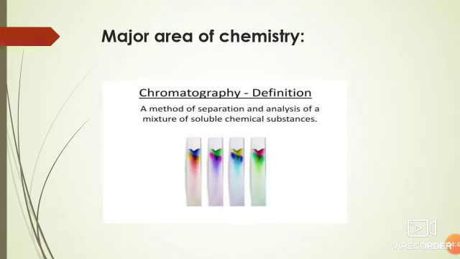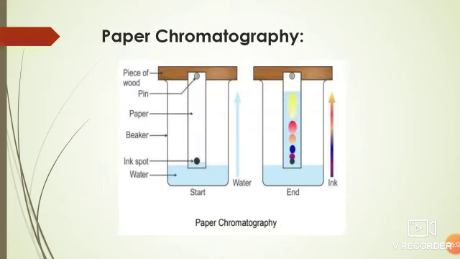There are also various kinds of chromatographic techniques. Chromatography is a separation technique, but there are further kinds of techniques under it, and the one major technique which is used widely in pharmaceutical industries, also in our labs, also in our study, is paper chromatography. What is paper chromatography? This is a diagram you can see here. This is the laboratory experimental technique for the performance of paper chromatography.